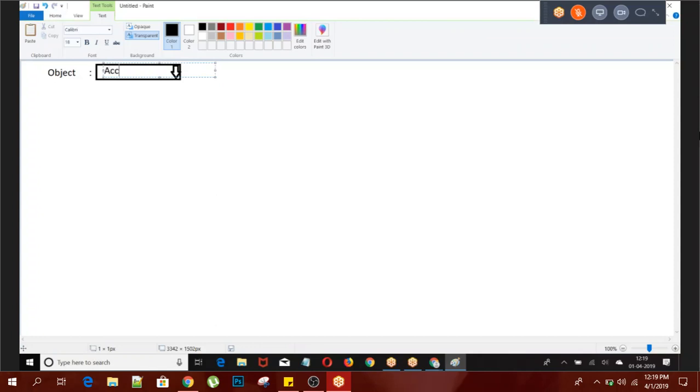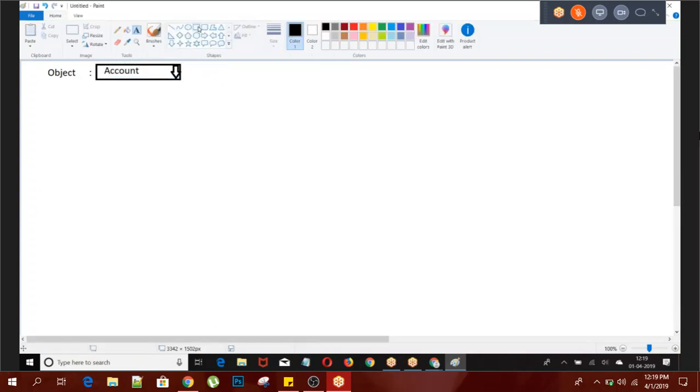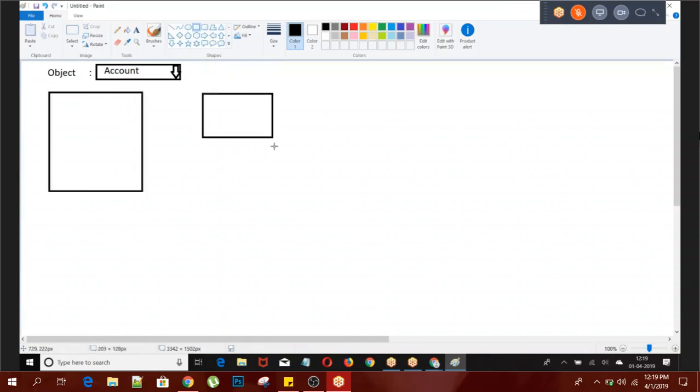Now let us say I'm selecting the account object. When I select the account object, then I have to get whatever the account object I selected. That account object's fields should come here.